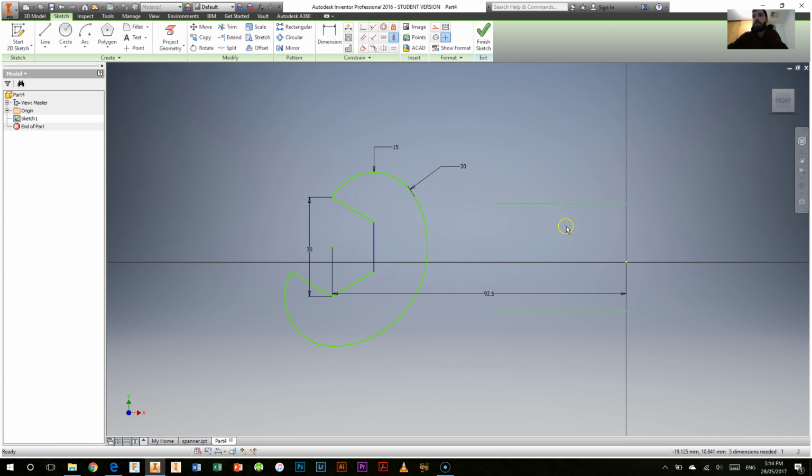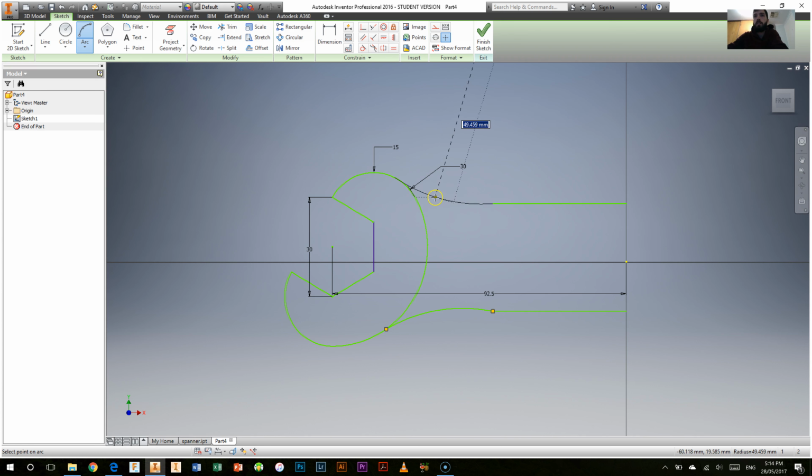And that seems to have worked okay, though we'll find out later if it hasn't. And we do need to start adding these arcs in as well. So let's go ahead and pick the arc tool. This time I'm going to go to the 3-point arc because I don't actually know where the center point of these arcs is going to be yet. So clicking there, and there's one arc,